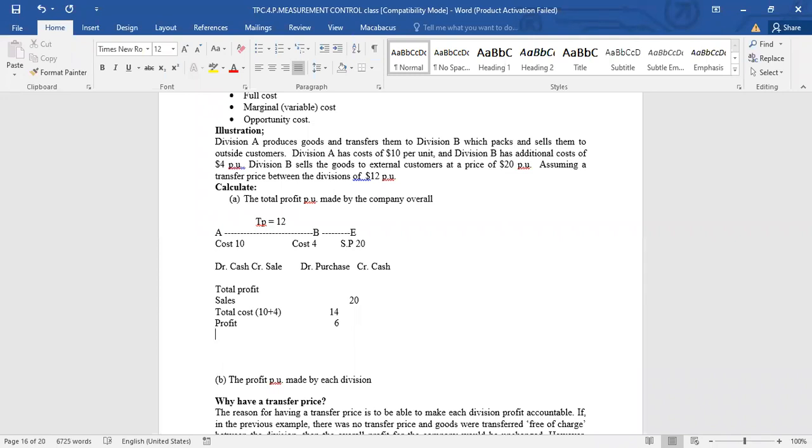That's the overall. We ignore the transfer price because you're selling to your brother, or you're in one family. It's like the money has not left the boundaries. It's the same place, so you can't say you sold. You just removed the money from one corner of the house and put it in another corner of the house. So there's no way you can call it a sale. All right.